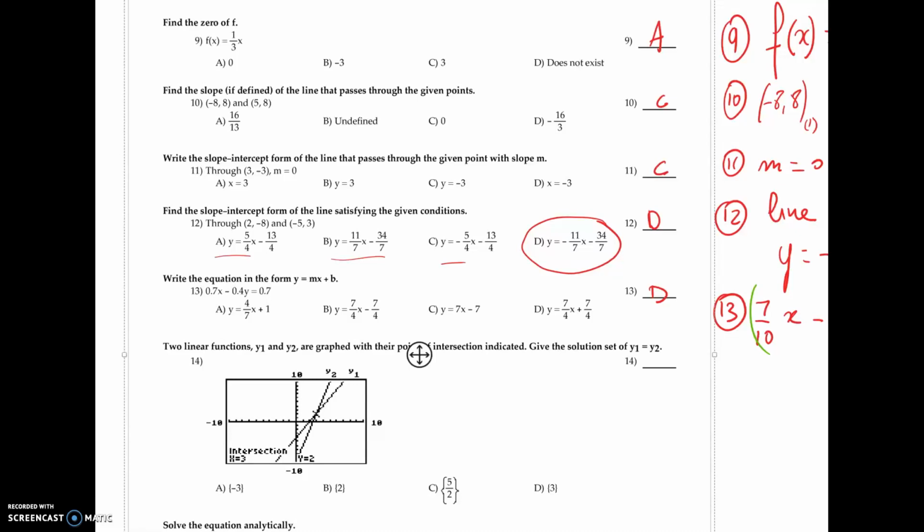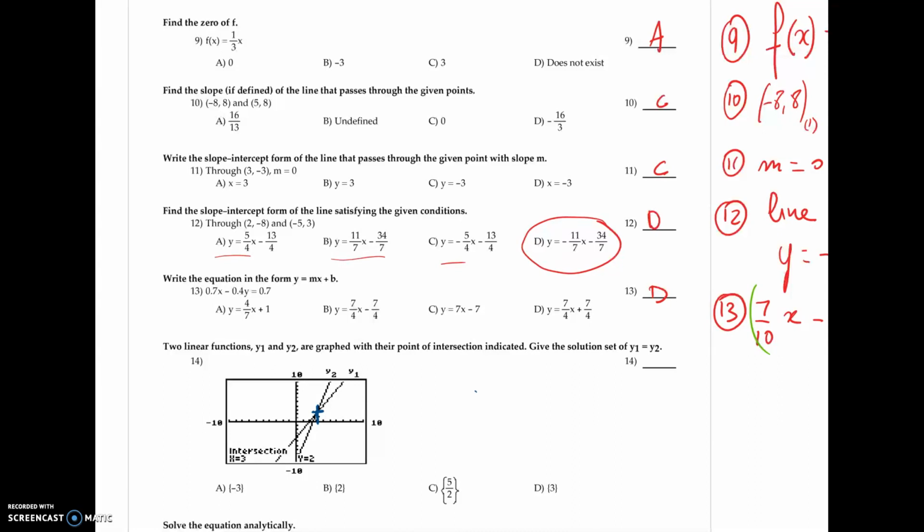All right, now we are going to correct part number 2 of this practice exam number 1. In problem number 14, two linear functions y1 and y2 are graphed with their point of intersection indicated. Give the solution set of y1 equal y2. Where are you going to find that equation number 1 will be equal to equation number 2? You will be able to find that at the point of intersection, which is right here,